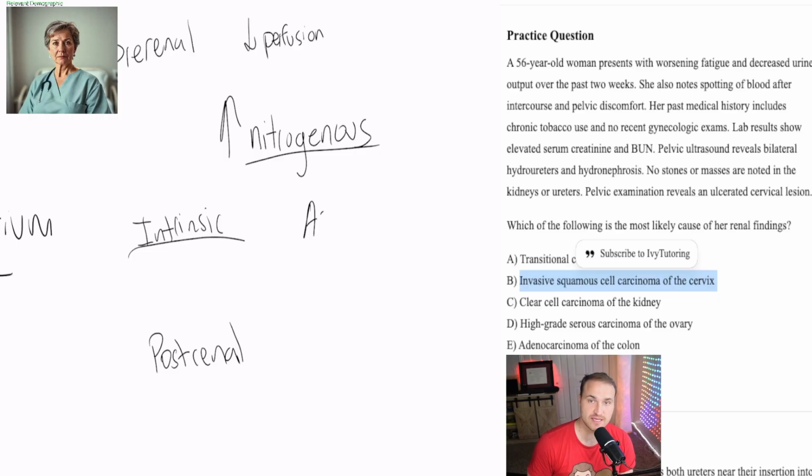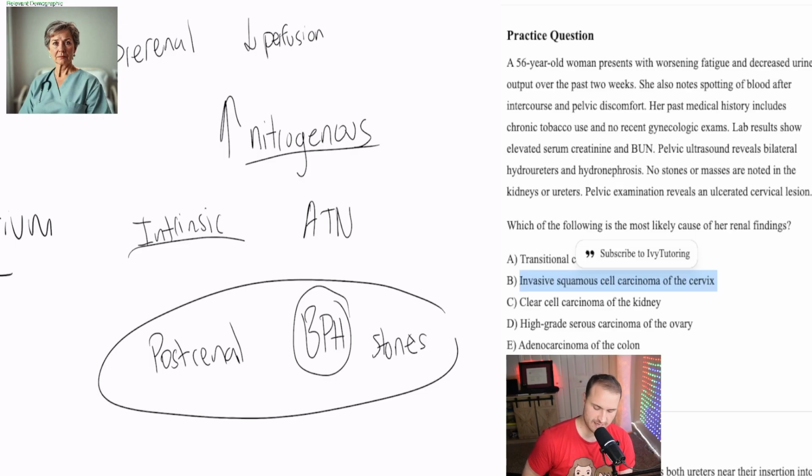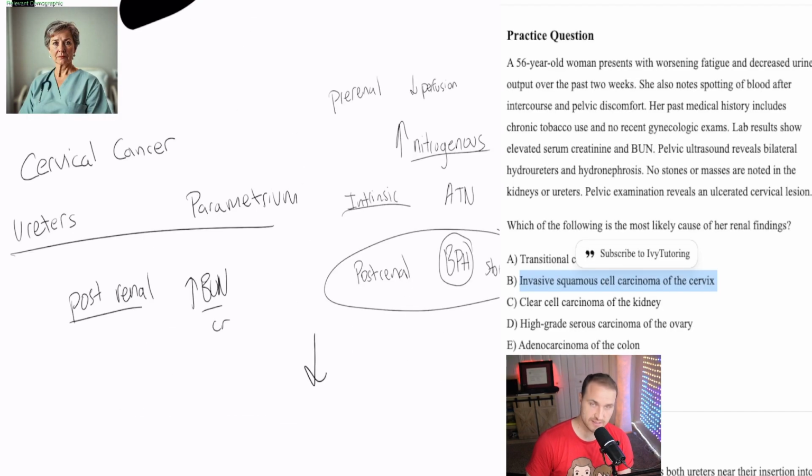There you should think of acute tubular necrosis. Postrenal is an obstruction of urinary outflow. Stones, in this case, cervical cancer. And so in postrenal azotemia, what happens is you have an obstruction. The urine backs up to the Bowman's space. If you have increased hydrostatic pressure, that reduces